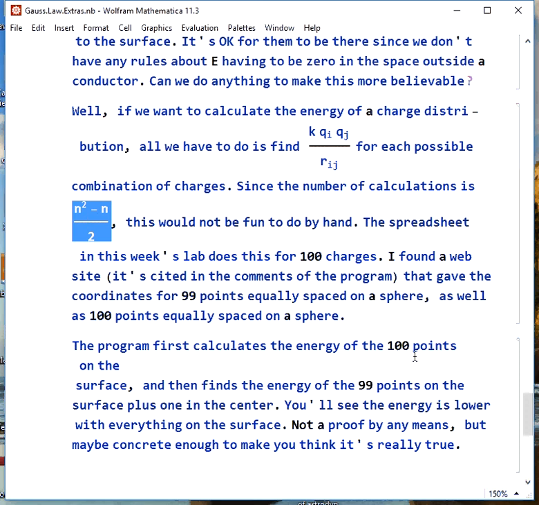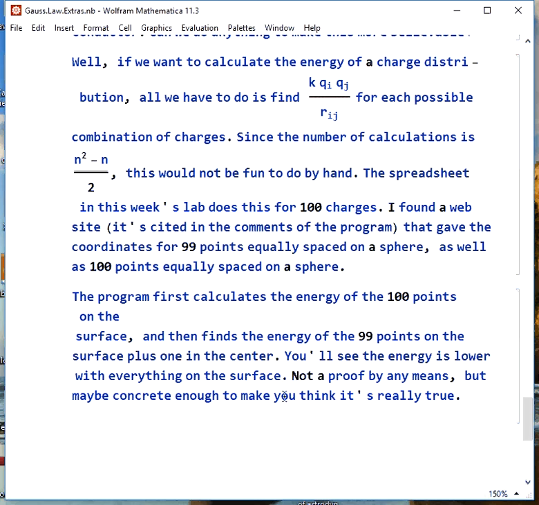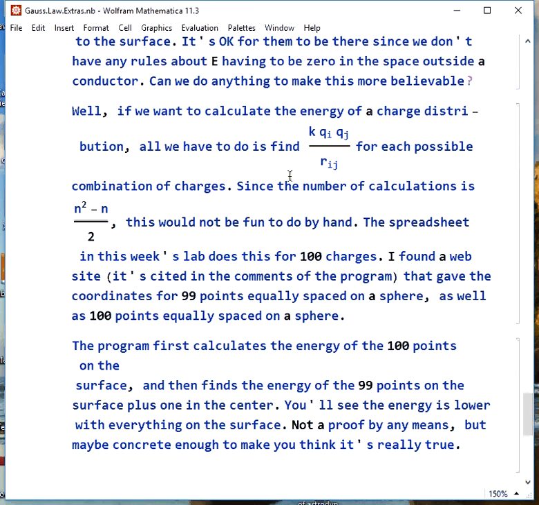It calculates the energy of 100 points on the surface. Then it calculates the energy of 99 points on the surface and 1 in the center. And what you see when you do the lab is the energy is indeed lower when everything is on the surface. This is nothing like a mathematical proof, but hopefully it's a simple enough procedure to help you believe